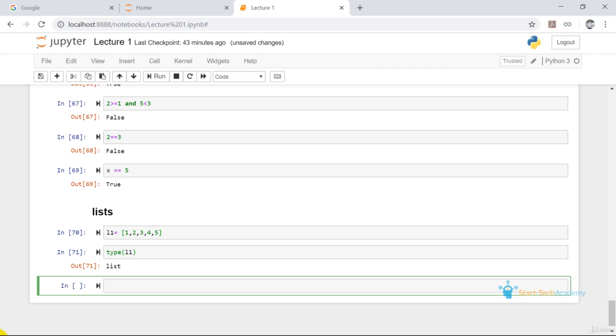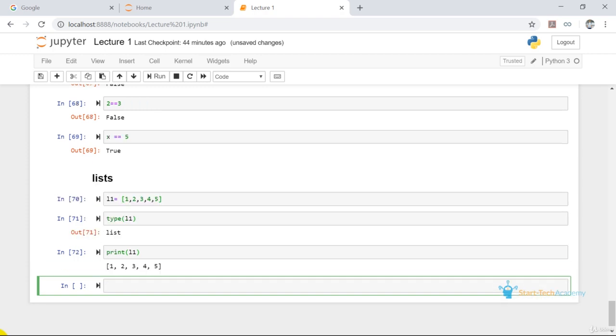It is showing that the type of L1 is list. To print all its values, we write print L1. And we are getting all the values that L1 is containing.